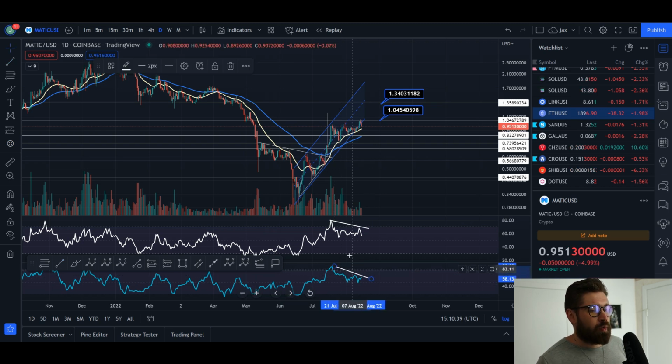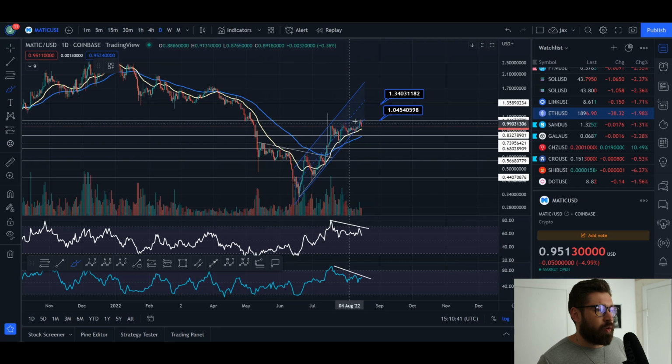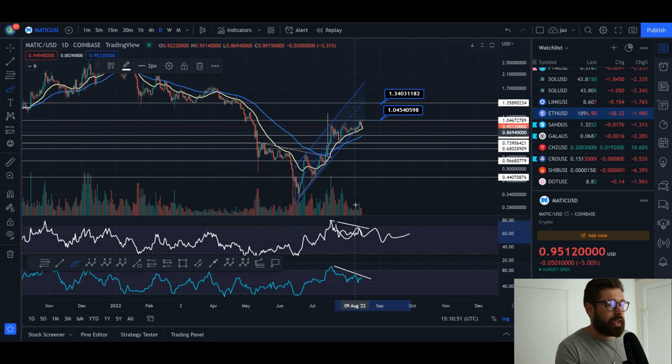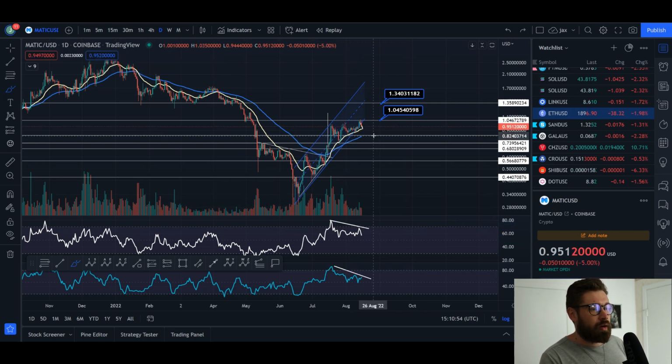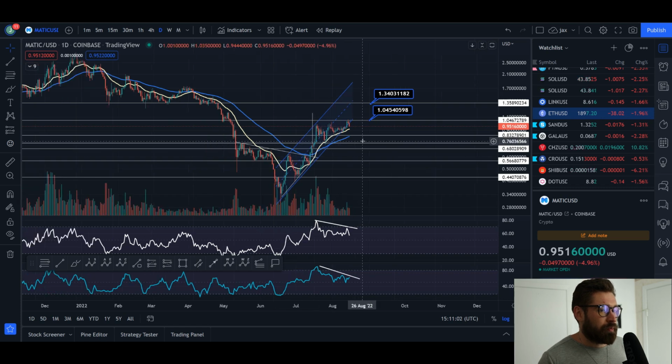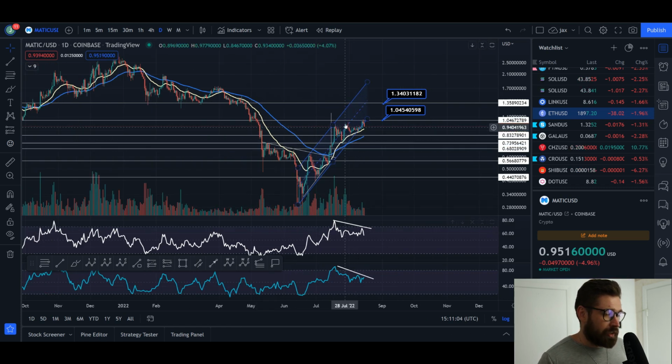Money is flowing out, but what can happen here is you see some pullback. The RSI pulls back a little bit just as it's doing right now, and then you see continuation to the upside, and sometimes you continue to create that bearish divergence here on the daily. So that is something to keep in mind as well. But if we were to significantly lose this support line of this ascending channel, we lose the EMAs, we have had the bullish cross, that's when potentially you could be seeing a relief rally and see continuation to the downside